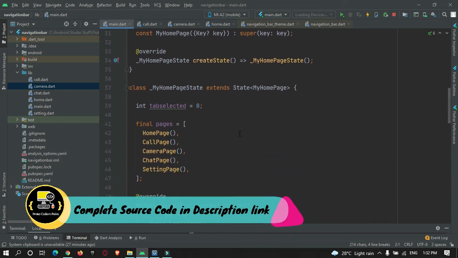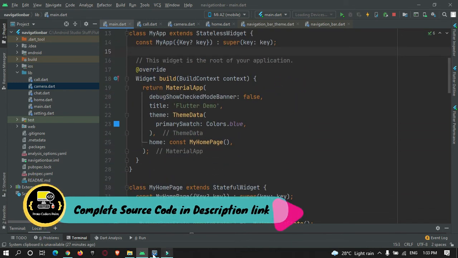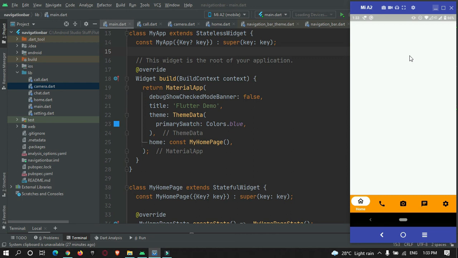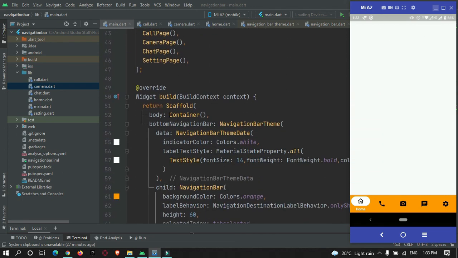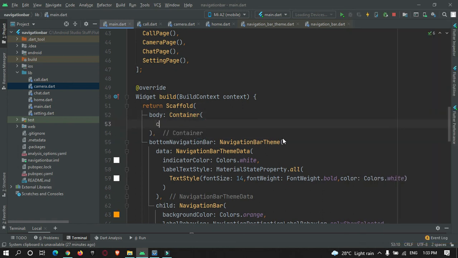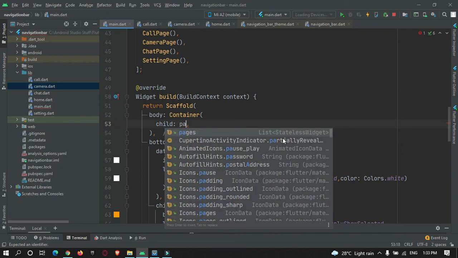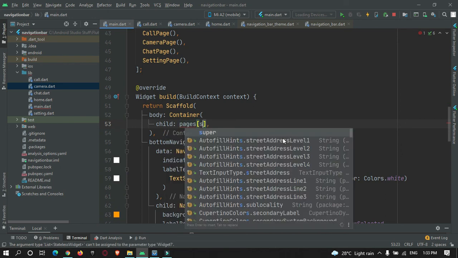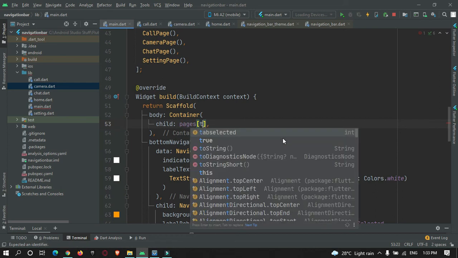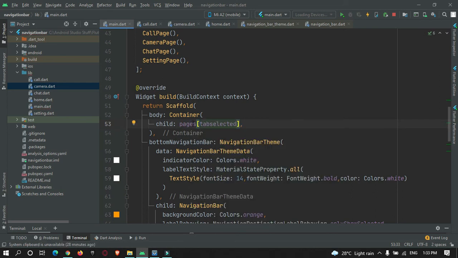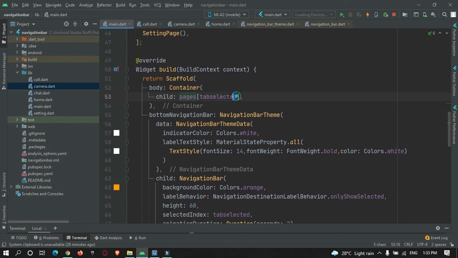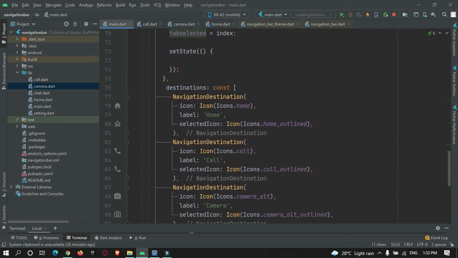Okay, so inside here I want to show the pages in the body tag. Inside the body tag, for now I have simply an empty container. Inside this container I want to show the page that the user selected. So pages, selected index. If the user selected index is 0, then the home page will be shown.